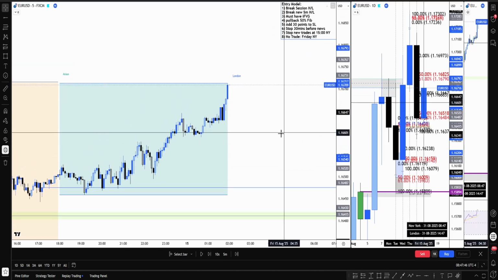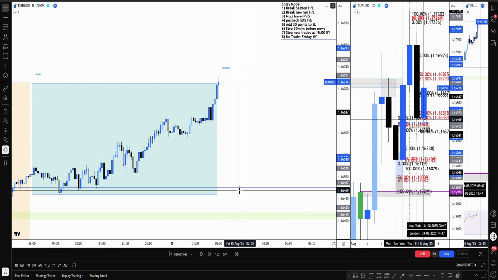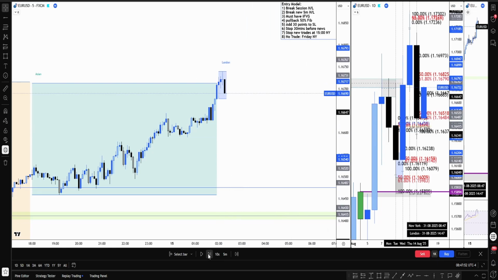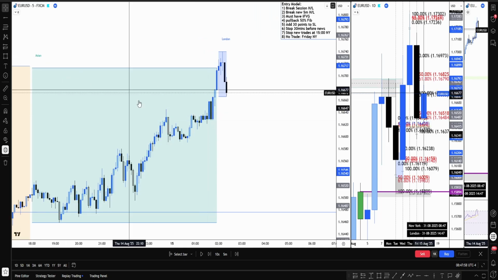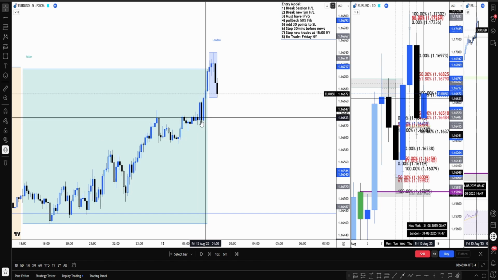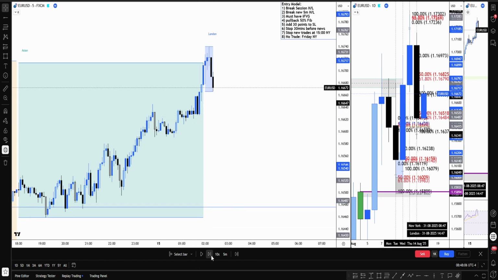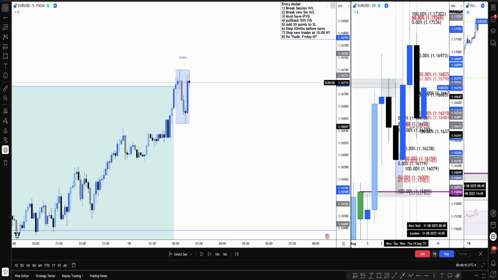London has already taken out the Asian time frame high. Let's just quickly move forward. We're looking for a sell, right? And no, we cannot count this as a low because it is pretty much inside the Asian time frame. If it was only in these last two candles, no problem. But since it's more inside the Asian time frame, unfortunately we cannot use that as a low. We now need to use a different low as a reference.